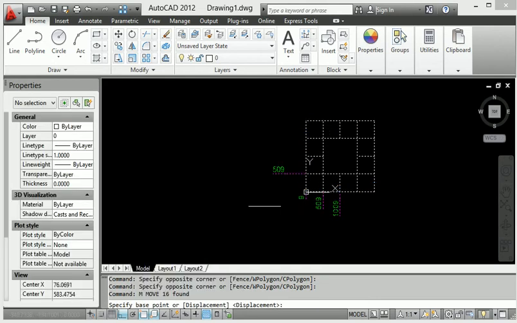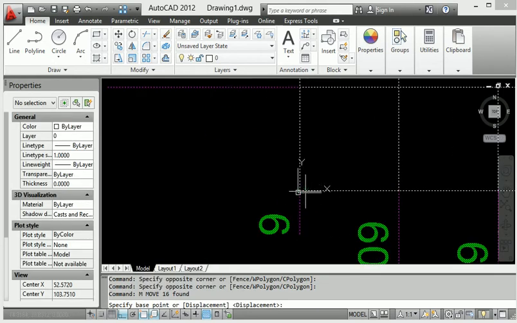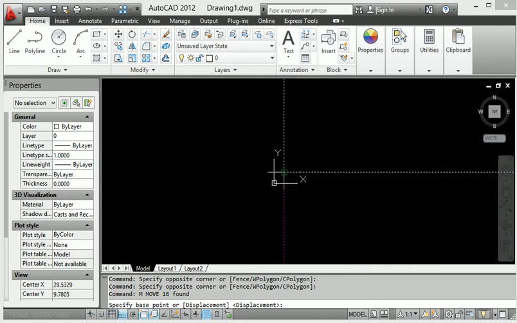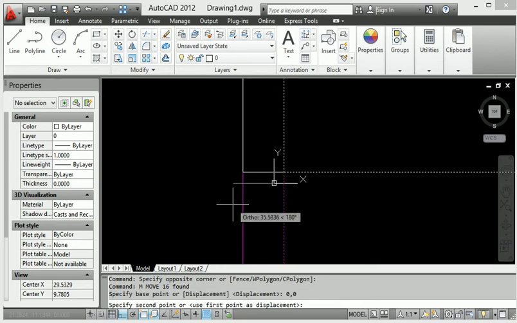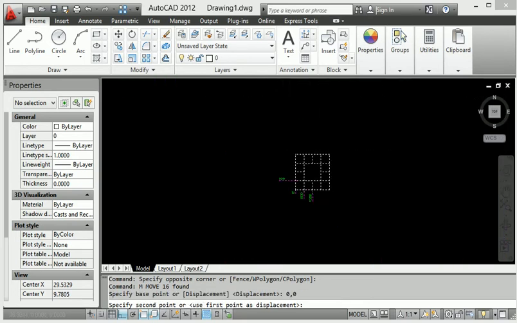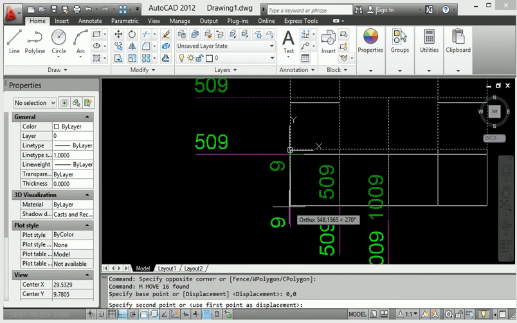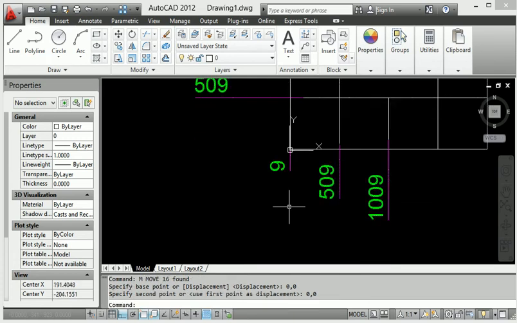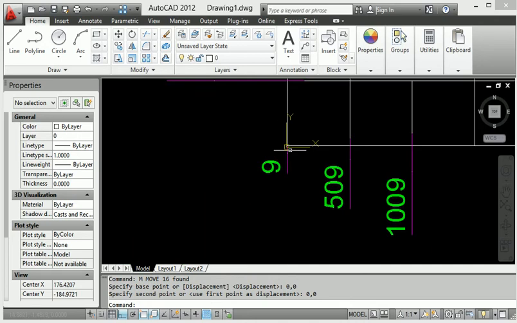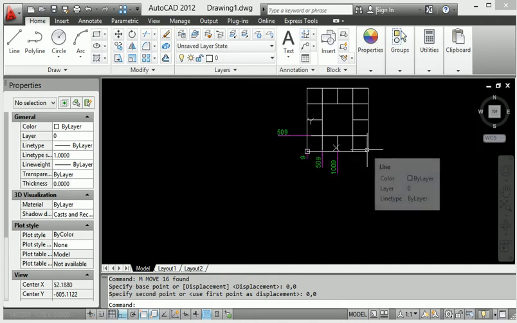When you pick the origin point in our diagram, this is the origin point here, just click it, then go to 0,0 and press enter. So this is called 0,0, come to the origin point, just switching the whole diagram.